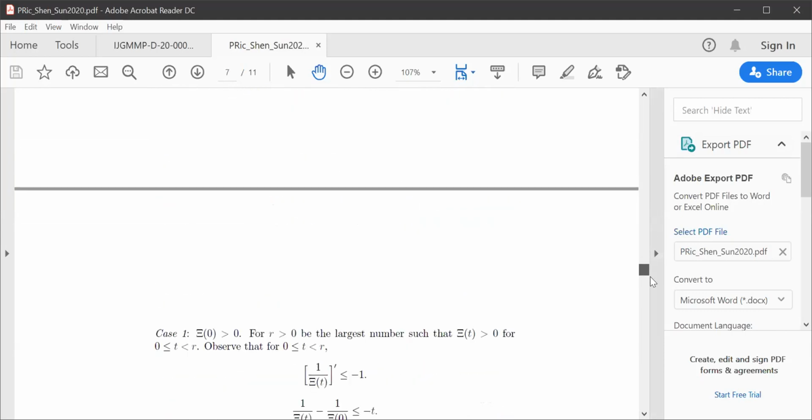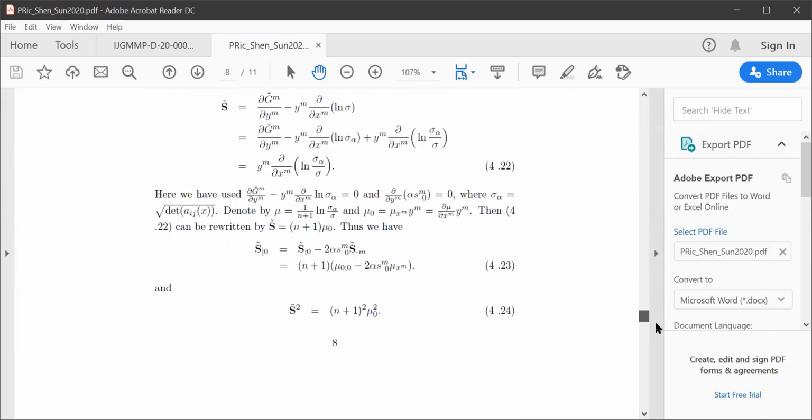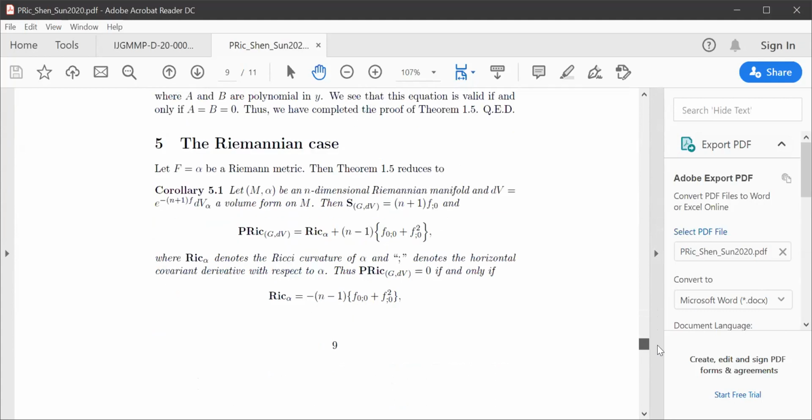I just briefly mention that in the Riemannian case, Ricci-flat really means the Ricci curvature of alpha. A Riemannian metric is called projective Ricci-flat if the Ricci curvature of alpha is not flat, but takes a special form. This is kind of related to so-called